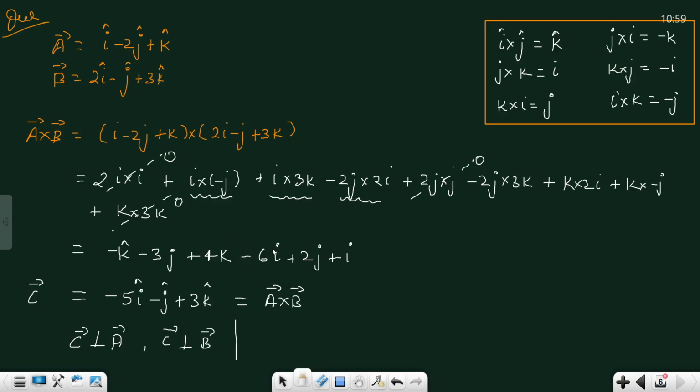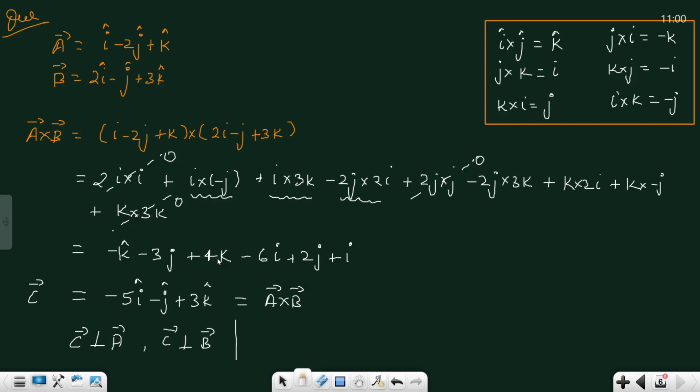Minus 2j into 2i, minus 2j into minus 2i should be minus 4k. Which one, beta? The fourth term. Minus 2j into 2i. So j cross i is minus k. If you take only j cross i, it is minus k. So the term will be minus k, and there is again a minus sign. So minus will become plus, and 2 into 2 will become 4. So it will become 4k.